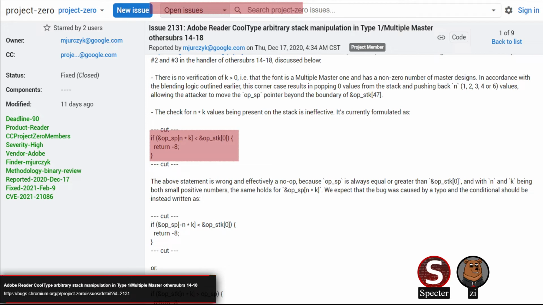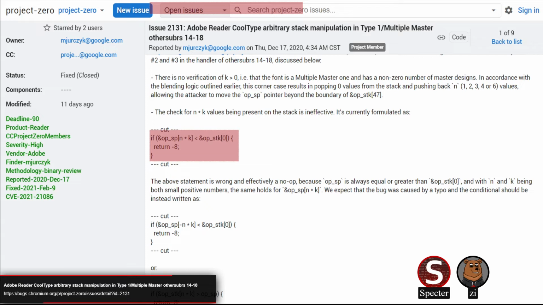In regards to the attempted check, they try to check that the OP-SP array at n times k is lower than the OP stack array, in other words, whether the access would extend past its own buffer. But this condition will never trigger, because the OP-SP array access pointer will always be higher than the stack pointer as long as n and k are both positive.